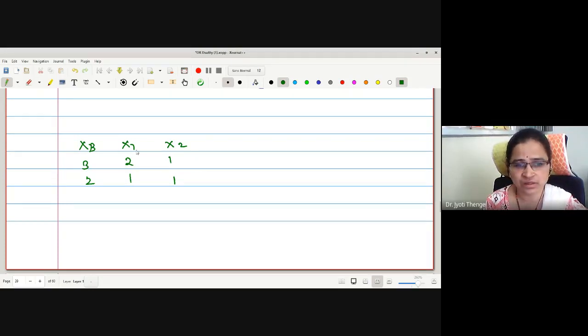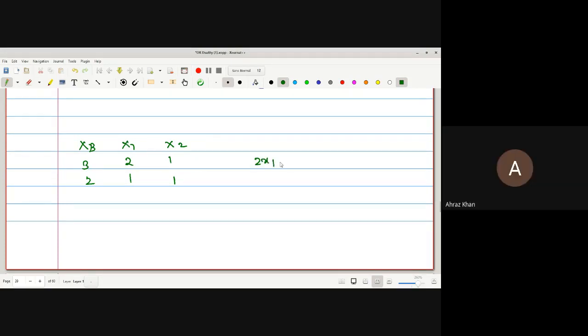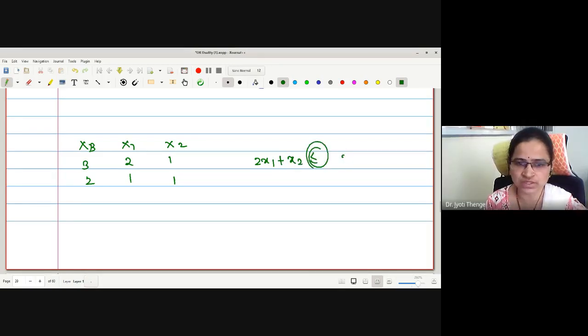First constraint, is it 2x1 plus x2 less than or equal to 3? Whether less equal or equal, we don't know, but if it is with an added variable x3, then I can write 2x1 plus x2 plus x3 is equal to 3. Correct? And the second constraint will be x1 plus x2 plus 0x3, suppose here it is x4, 0 1, plus x4 is equal to 2. That is, we have written the constraint from the table.